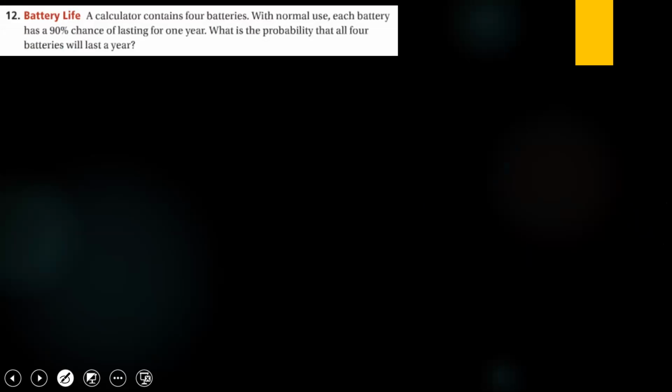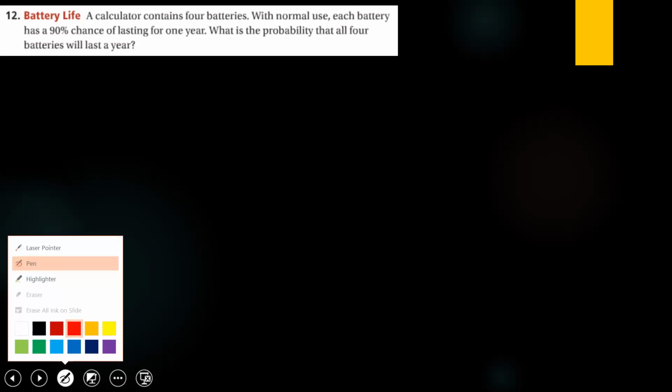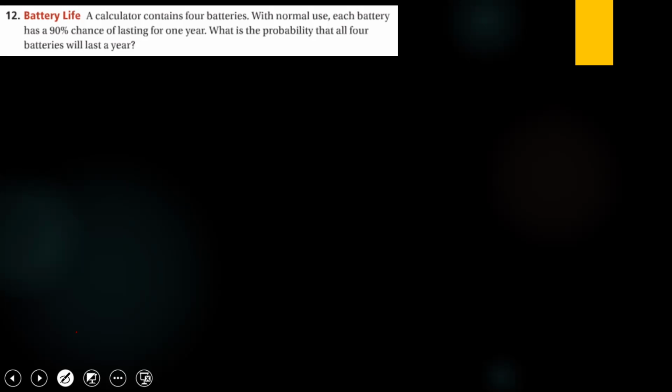A calculator contains 4 batteries with normal use. Each battery has a 90% chance of lasting for 1 year. What is the probability that all 4 batteries will last a year? Now look at this question. There's a calculator. It contains 4 batteries. So we have here 4 trials. First battery, second, third, and fourth. Now, they told me that the probability of each battery is 0.9